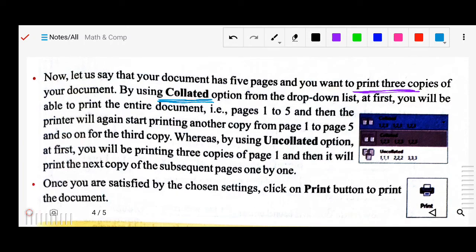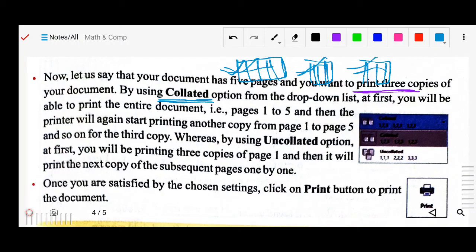If you want 3 sets, each with all 5 pages, you can use collated. So the 3 sets will be printed: first 1 to 5, 1 to 5, again 1 to 5.